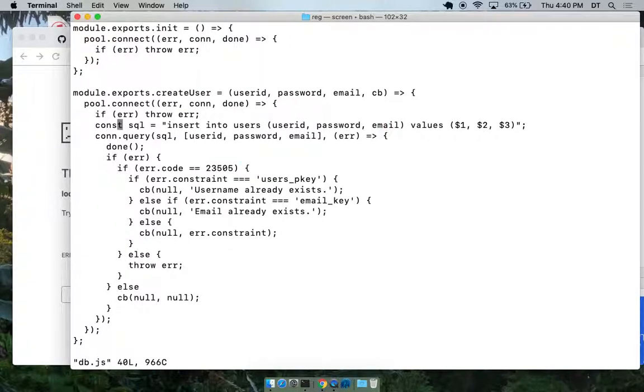Wait a minute. Let me tell you what this is. Let's look at that. So here we do the query and our callback gets passed an error. It's either null or it's something. If it's something, something went wrong. If it's null, which is down here, nothing went wrong. So we're good on that part, right? Oh, I see. You're assigning your own messages to it. Yeah, because I need to distinguish. I don't want to see this error.code. That's a database specific number. I don't want to put that up in the request handler. I want to keep it deeper down in the database code area.